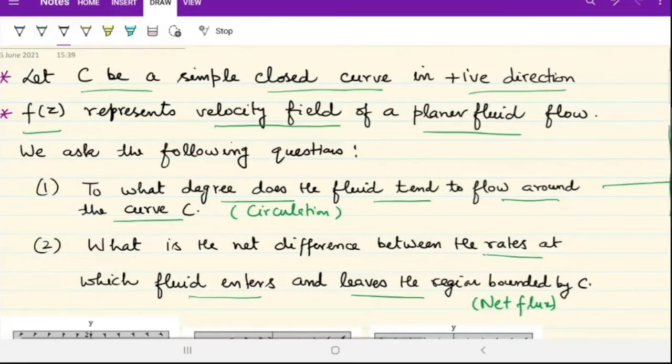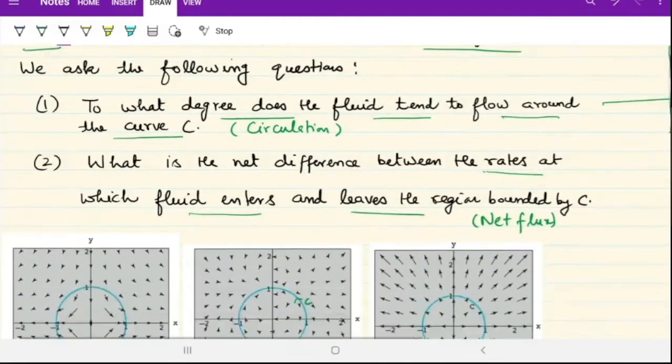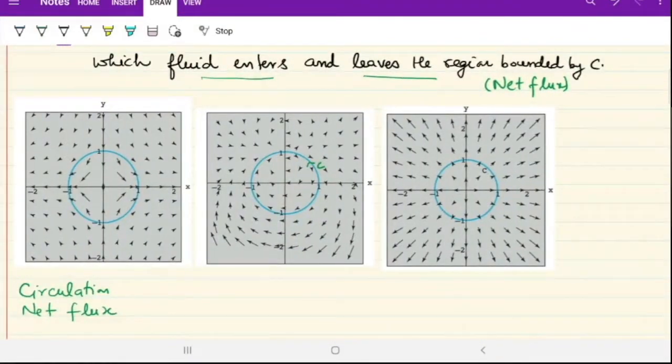Now, sign of circulation will remain positive if your fluid is moving in positive direction, that is anti-clockwise direction, and it will be negative if your fluid is moving in clockwise direction. So let us consider a few examples. For example, just focus on figure 1. As you see here, your fluid in this portion is moving in clockwise direction, and this here is moving in anti-clockwise direction. The amount of fluid is same. That means the number of vectors that you see on the left as well as right are same. So net circulation for this is going to be 0.